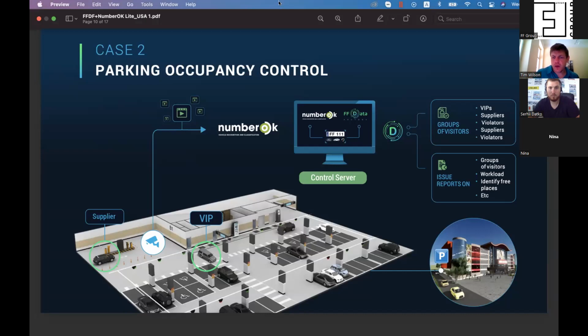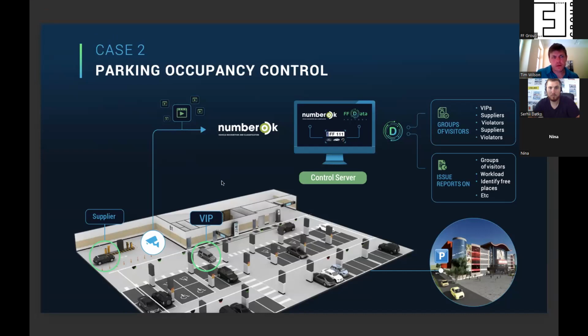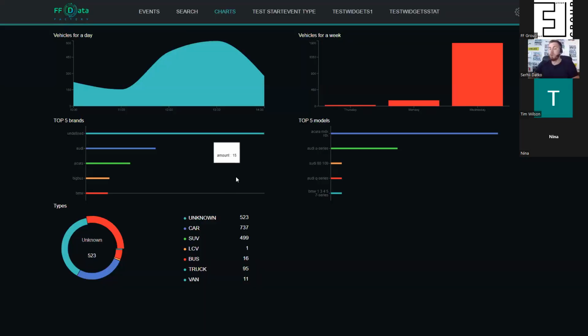And again, I think we have another example that we can walk through with Sergey. Yeah, let me share my screen again. So how we can get all of that information that Timothy told us about. So here in Data Factory we have a chart tab